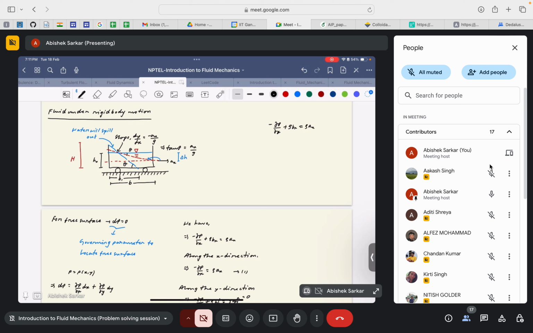So there was a discussion that we had in the previous problem solving sessions: if the fluid body is in motion, then why are we considering it to be a part of fluid statics, or why are we considering this kind of scenario under the purview of fluid statics? Okay, so Prof. Chakraborty very beautifully explains why. He says that since the fluid element is not undergoing any kind of deformation, or basically if these fluid bodies are exempted from any kind of shear stresses, then